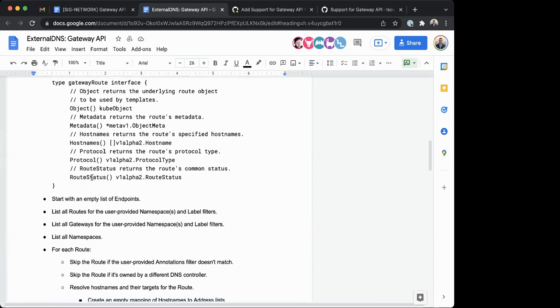None of the stuff is necessarily set in stone, but I tried to follow the conventions of external DNS and not rock the boat too much. By default, they have separate sources for each kind of resource type. So they don't usually have an Istio source. They have an Istio gateway source and an Istio virtual service source. Same thing for Contour, ingress route, and HTTP proxy. So I did the same thing, where I created different sources for the different gateway route types. You can turn them on and off separately and control them independently, which leads us to the next